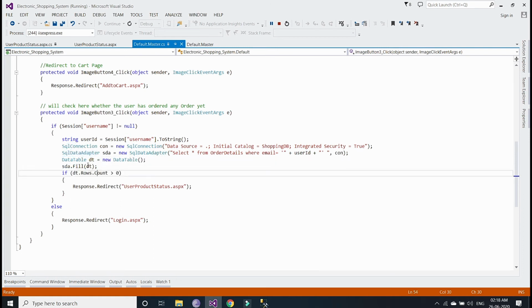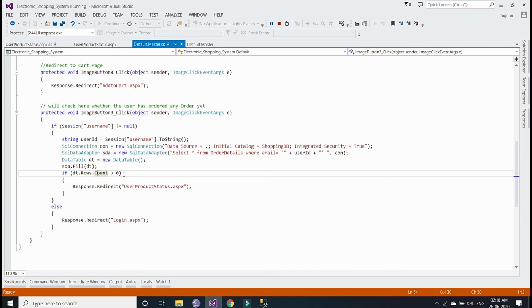If any data is present inside this data table, it will check that the count should be greater than 0. If it is greater than 0, that means the user has at least one product.